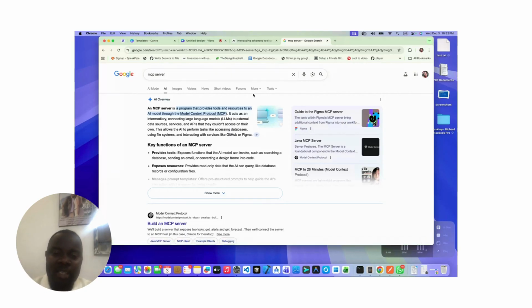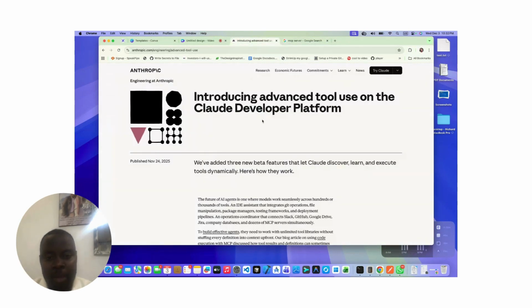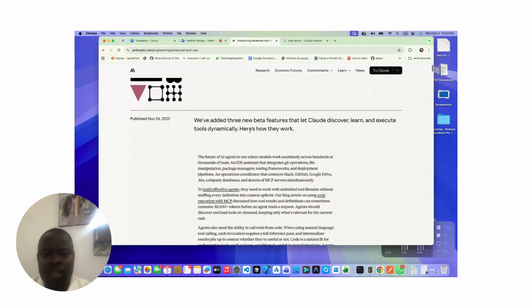So in this video, we're going to explore why MCP has been a failure at this point, and why what Anthropic claims to have discovered today might be a big feature and a big change to MCP servers in general. Reading this article, they are saying that they have improved the MCP server as we know it, and they have added three features to address the issues we have seen.